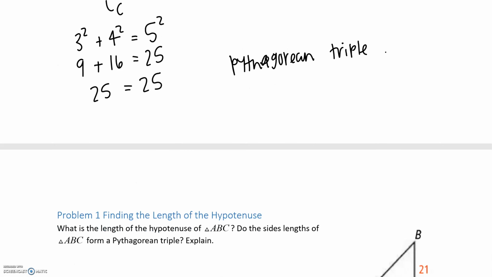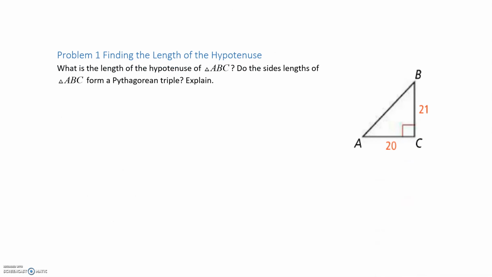Okay. So if we moved on to the first problem, we know both of our legs, and we just want to know what our hypotenuse is. So our legs are going to be our A and our B. So we're going to have 20 squared plus 21 squared equals C squared. Okay. So when we do 20 squared, that's 20 times 20, which gives us 400. And when we do 21 squared, that's going to give us 441. That's still going to equal C squared. So when we add our like terms on our first side together, that gives us